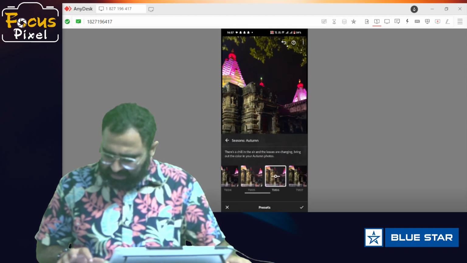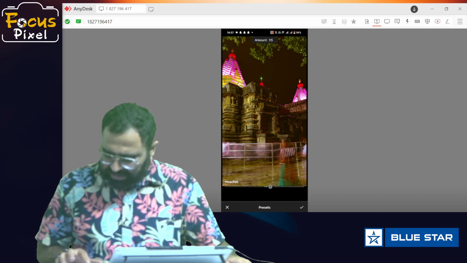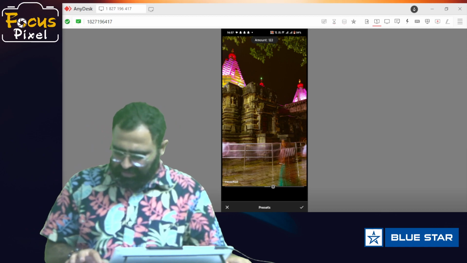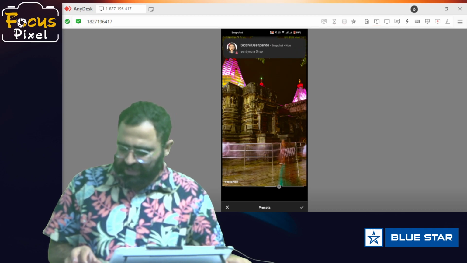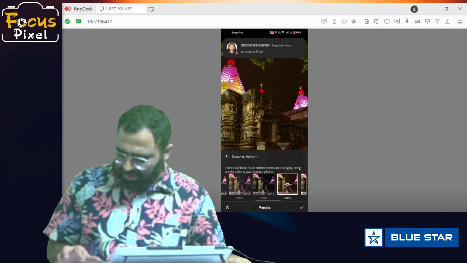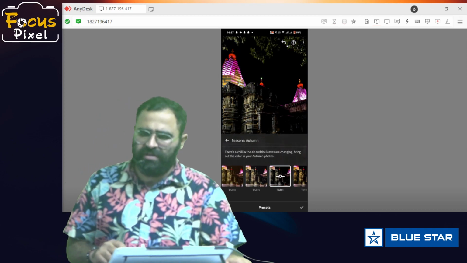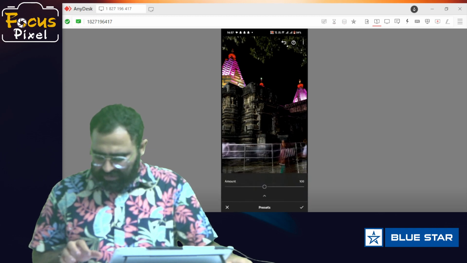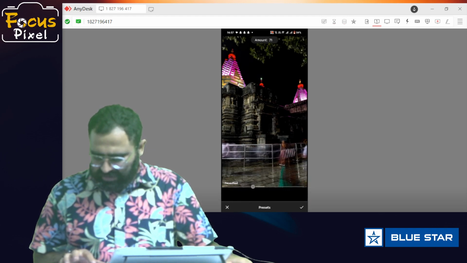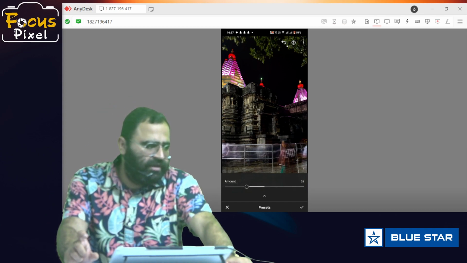So it will apply the effects accordingly, and you can increase the transparency of the filter as well. If you go to 0, it will make it original, and when you increase it, it will apply the preset. Many times it happens that when you apply a filter, it is too strong. So what you can do is click on the filter again and decrease the opacity of the filter, so it will blend the original and the filtered image. It will give you another effect.